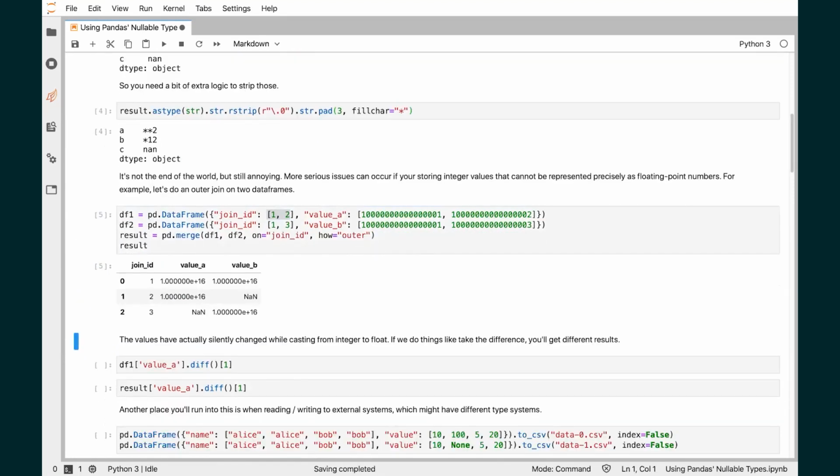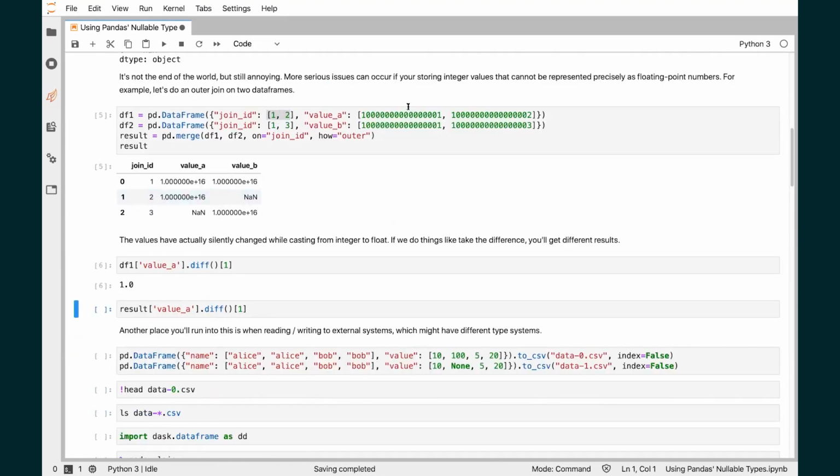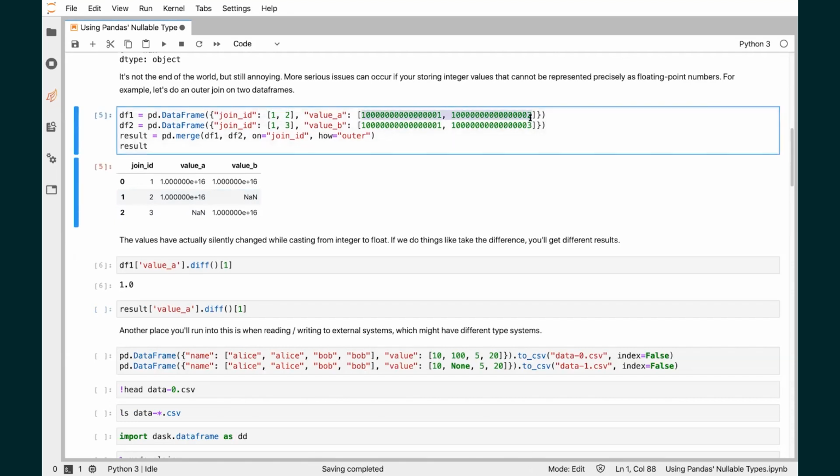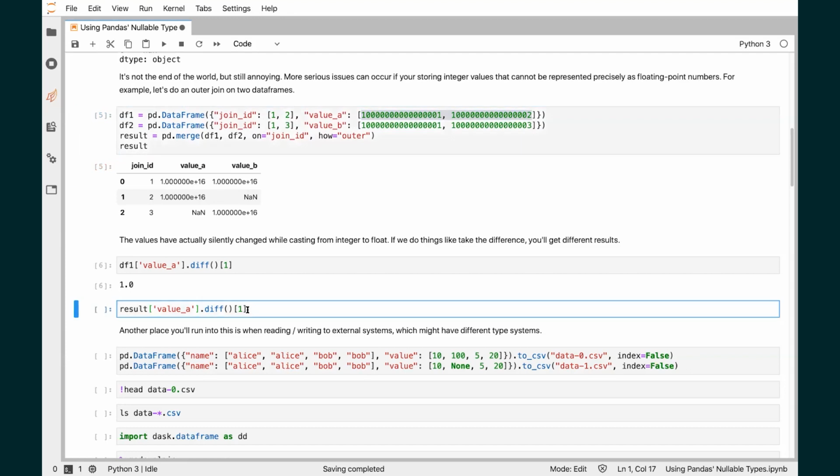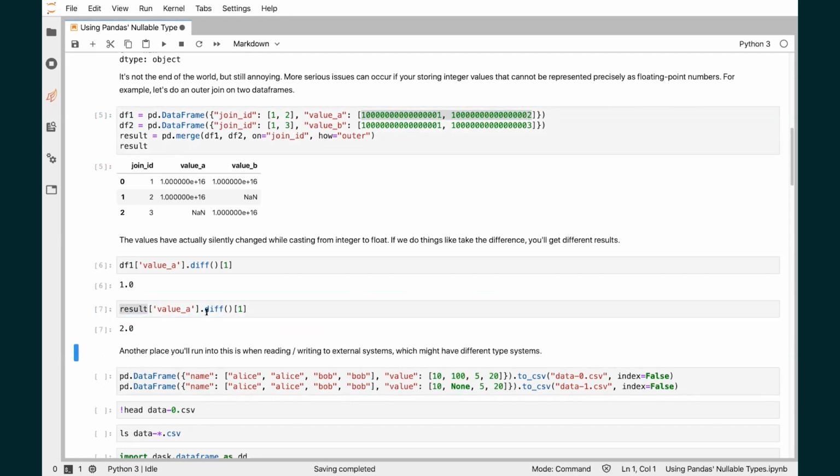And so now if we do something like a diff on the original one, the difference between these two rows was 1, like you would expect. But after doing the outer join, we can see that the diff is apparently 2, which is not what we would expect. And that just comes down to the inability to represent these large integers as floating point